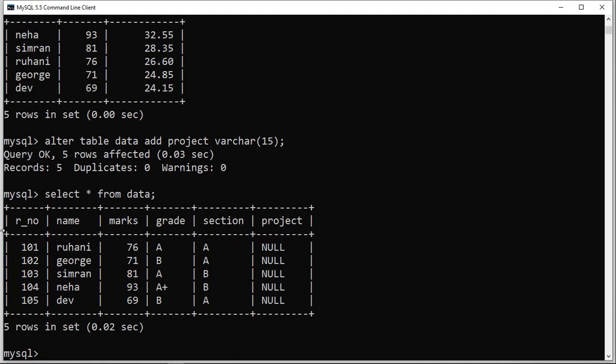This project column is actually going to show you null results, because we have not inserted any record in this project. You know that when multiple records have null values, we need to change all those values, and for changing those values we need to go for the update query. So I think that is enough for today. In the next video lecture we'll see how we can insert the records when all the records are already null.